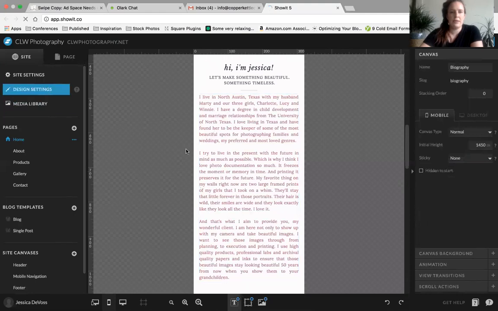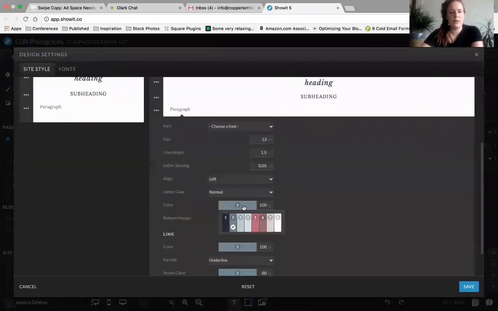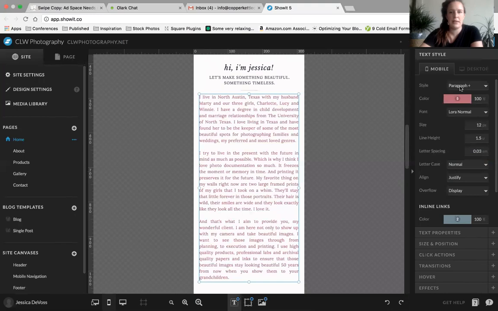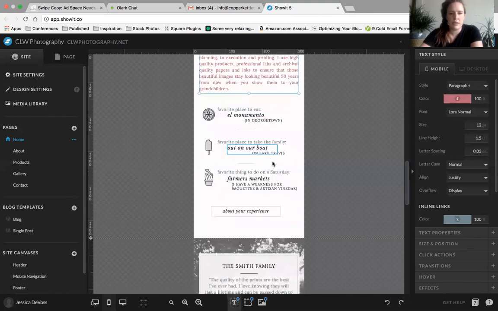If I go to my design settings now and I actually want all of the paragraphs on my website to be this navy blue, then what you'll see is this one still stays pink because it is officially a custom paragraph. However, you will also see that